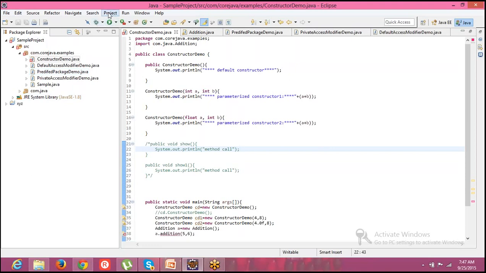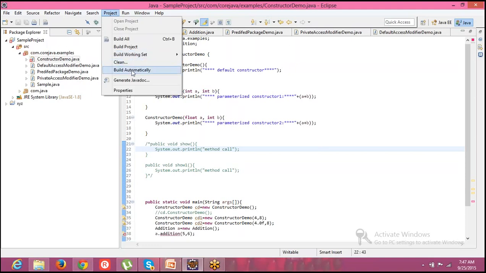Now it's time to understand the Project tab also. Click on Project, and here you can see Build Automatically has a tick mark. Are you looking at this on your machines? If not, please try to check this option. What is there for you? Could you please tell me?